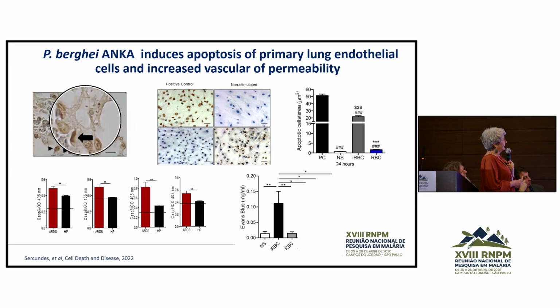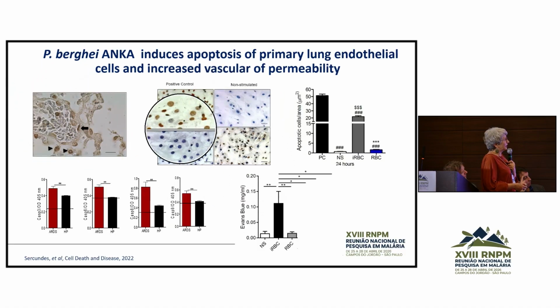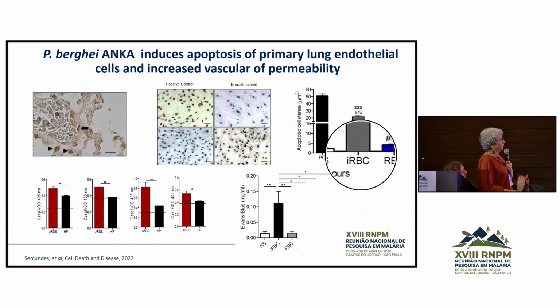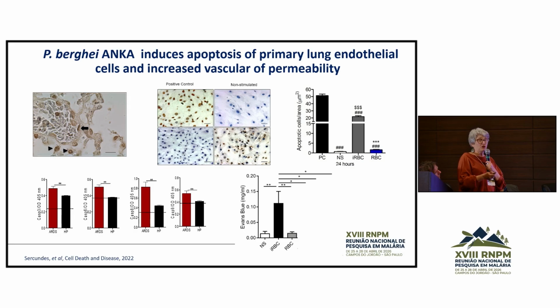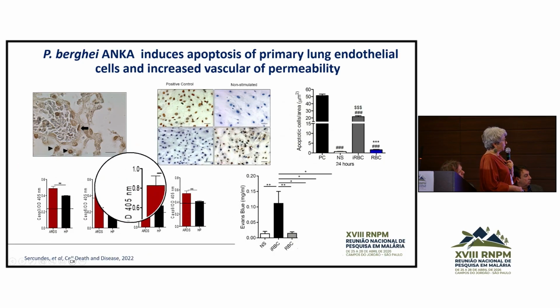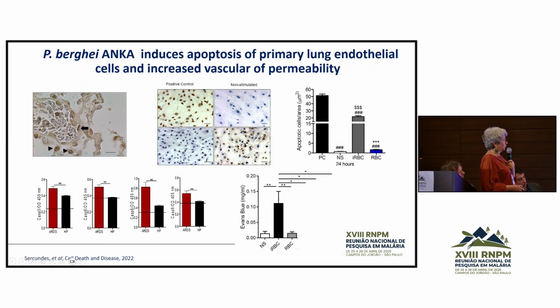So we observed endothelial cells marked as TUNEL-positive, and when we had the assay again with pulmonary endothelial cells from mice, we observed that within 24 hours of infection, the cells start to suffer apoptosis, and this apoptosis was also measured in this in vivo assay in lungs